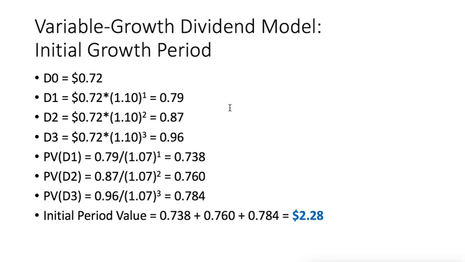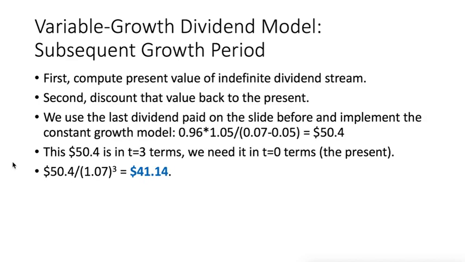So the idea here is, we've estimated what the future dividends will be at this 10% growth rate, but then we have to discount them back to present value at the 7% required return. And that's what we've done here. So now we're done with the initial growth period. We can move on to the subsequent growth period. And in this case,